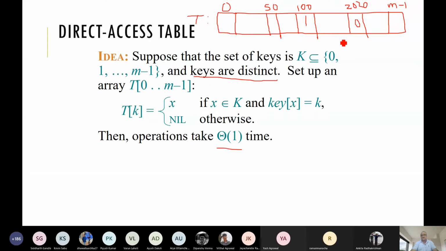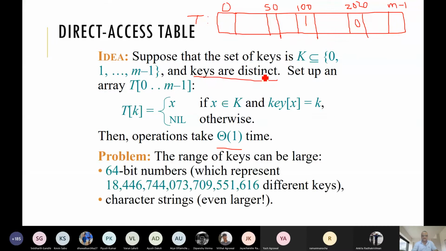Now this has a drawback. If the data size is very huge, like the number of keys is less, suppose we have only say 10 keys or say 4 keys, this is our set of keys. Say the number of keys is less, 4, 1. Then suppose suddenly we have a key like 4, 1, 1, 0, 0, 1, very big.